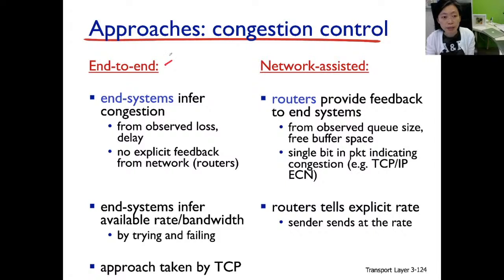Let's first focus on the end-to-end approach. In this approach, the end systems will need to infer if there is a congestion occurring inside the network. If you recall back in TCP, what we're doing is sending multiple packets in one flight to the receiver. Receiver sends ACK back. And all these packets and ACKs carry sequence numbers. So the receiver can actually detect a gap in the packets being received, and therefore sends duplicate ACKs instead of new ACKs. So receiving duplicate ACKs is a way of detecting if there's a loss,